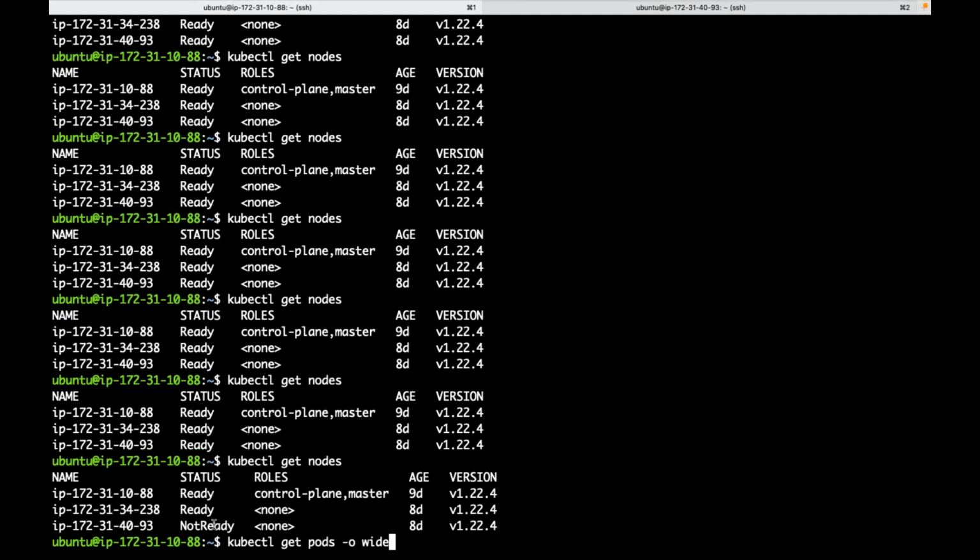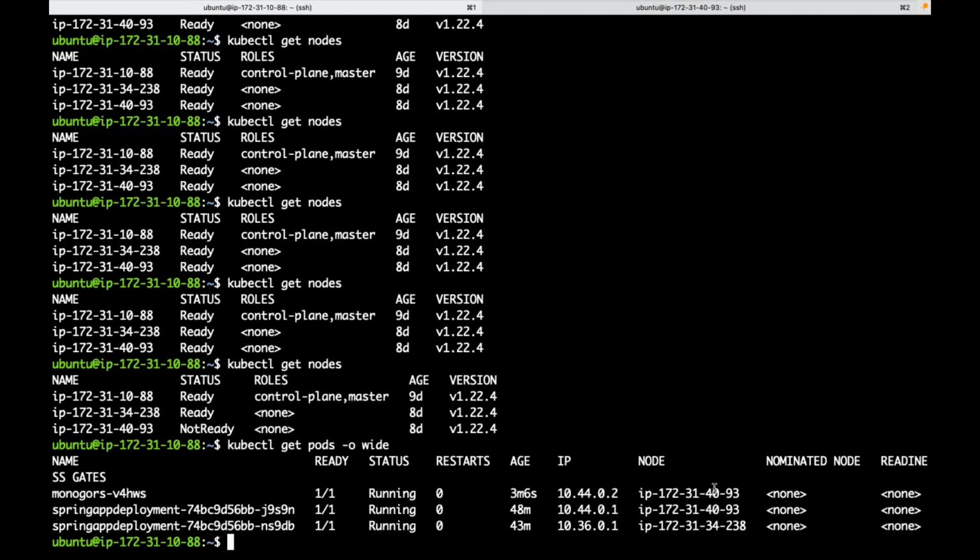Now, whatever pods it was running in the 93 node, after some threshold time, it will wait 5 minutes, guys. It will not immediately move those pods. It will wait 5 minutes to consider whether it will be completely down or not.